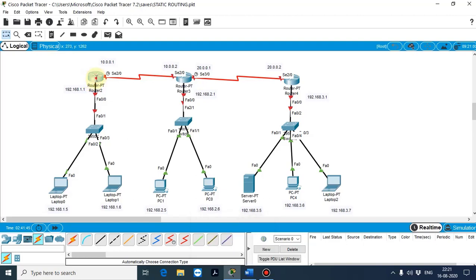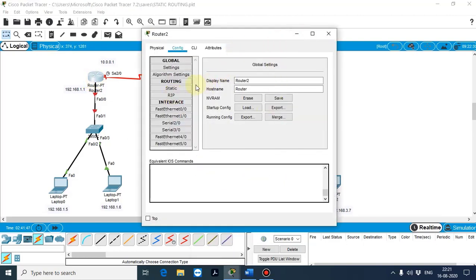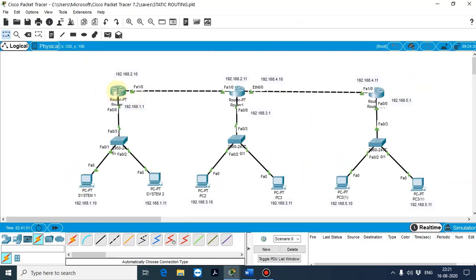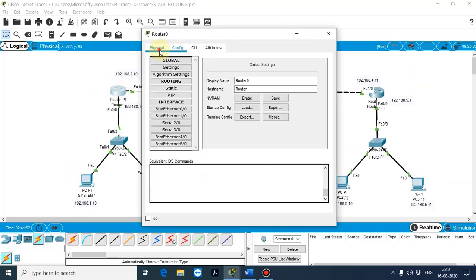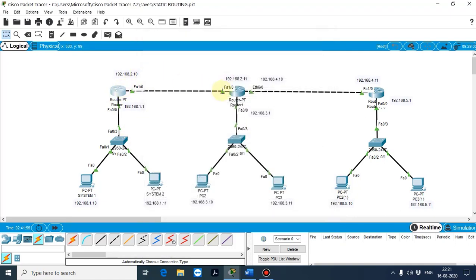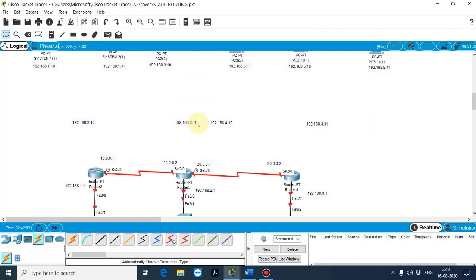In the previous class video, if you see here, in static routing we are going to define the path, so the information is static on each and every router.